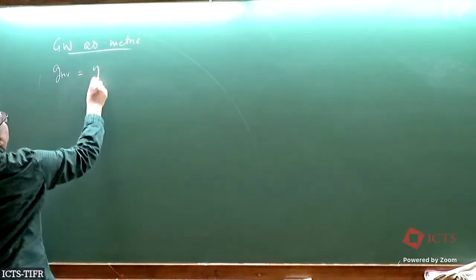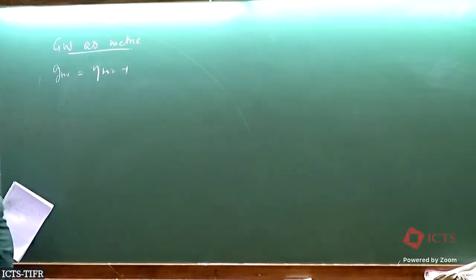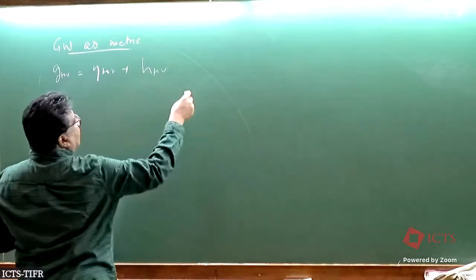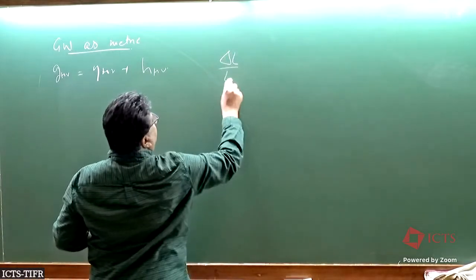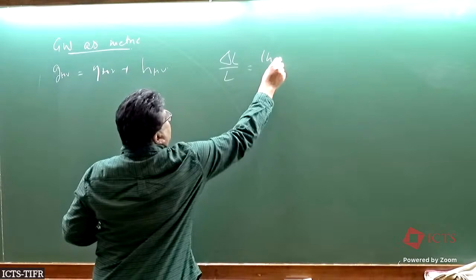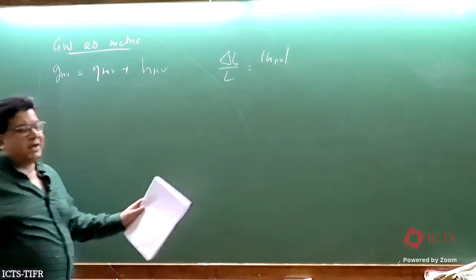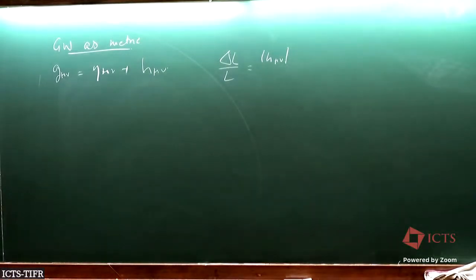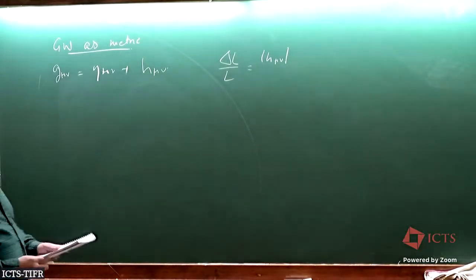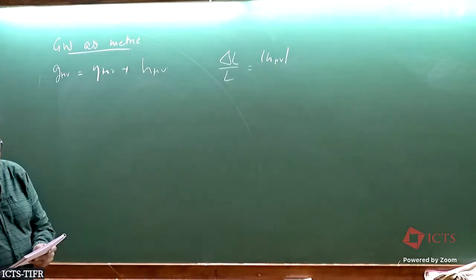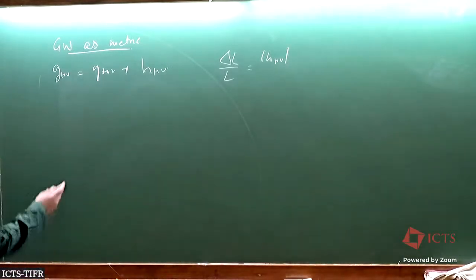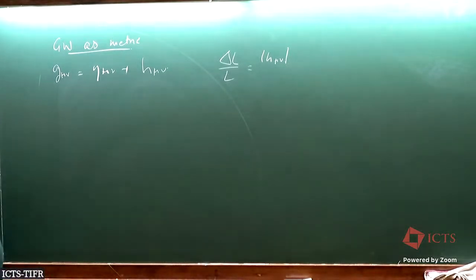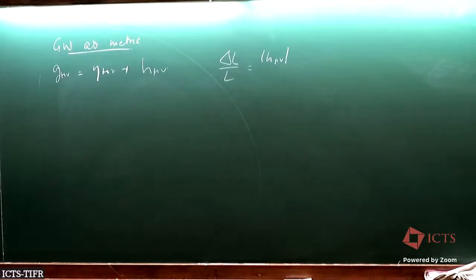So here what you do is you expand gravitational waves as a perturbation in the metric, and then you say that your strain in the detectors is proportional to this gravitational wave. So if you do that and you want to calculate gravitational waves from sources, the equation that you get if you start from the Einstein-Hilbert action and take it to the leading order, which is quadratic order in h mu nu, is